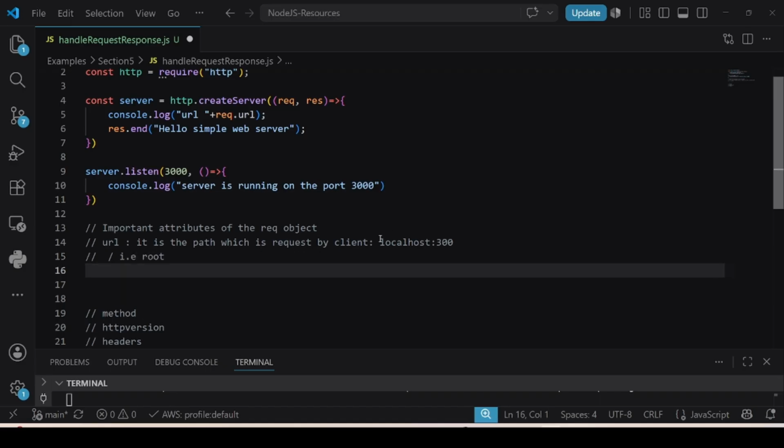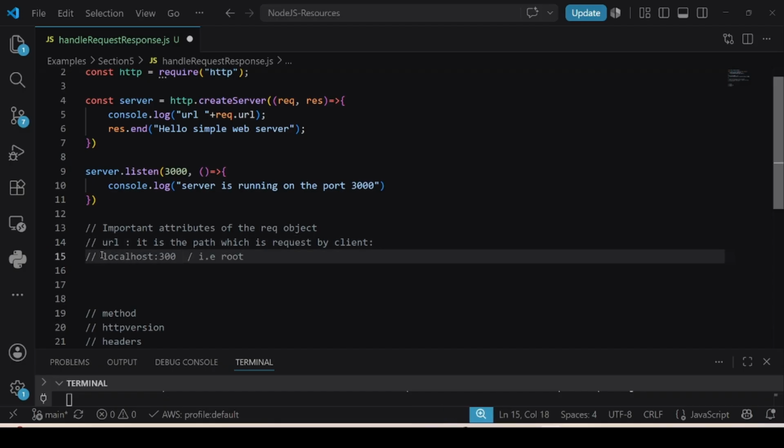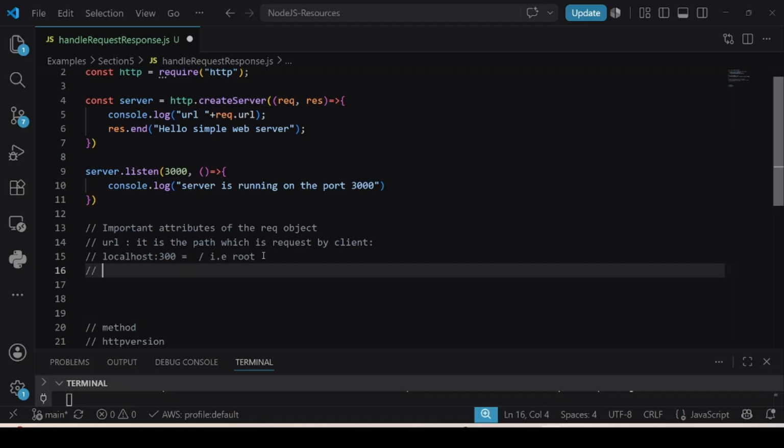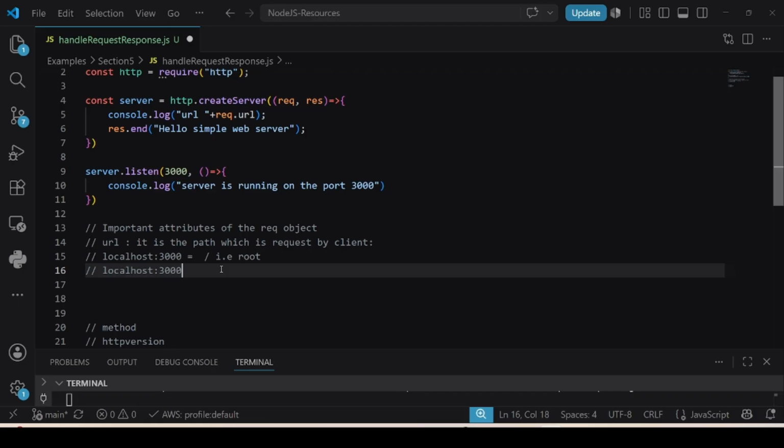We can understand it like this: if it is localhost, then it will provide slash, that is the root. If, let's say, it is localhost:3000, this is your web server port, and in that case it is slash home, then it will provide home. So what is the URL generally? The URL provides the path which is requested by the client. Next attribute is